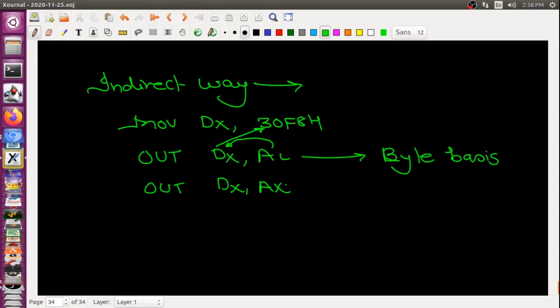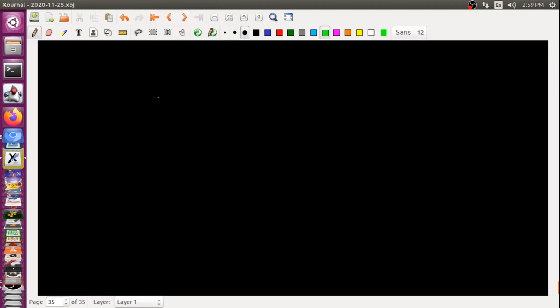Okay, so yesterday we saw the data transfer instructions as well as one example of an arithmetic instruction. In the case of arithmetic instructions, we have seen all the possibilities of ADD. Okay, so similarly,